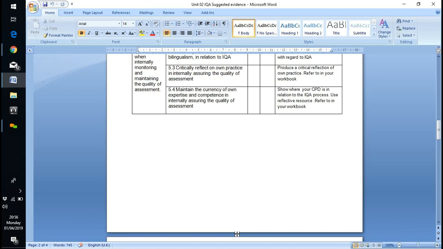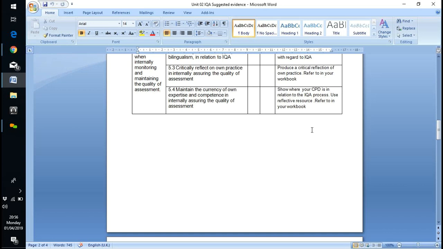Again, maintain the coverage of your own expertise and competence in internally assuring the quality of assessment. Show where your CPDs are in relation to the IQA process. Use your reflective resource and refer to it in your work. We can also